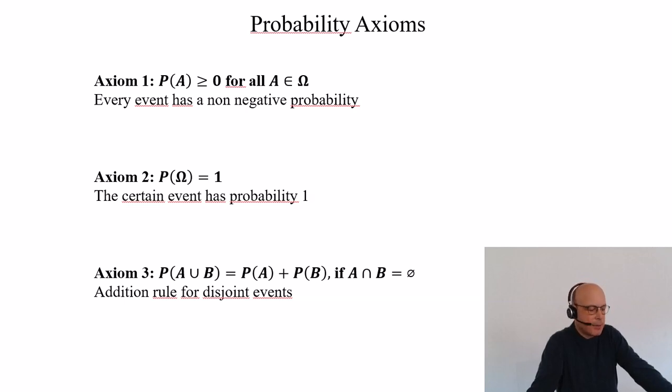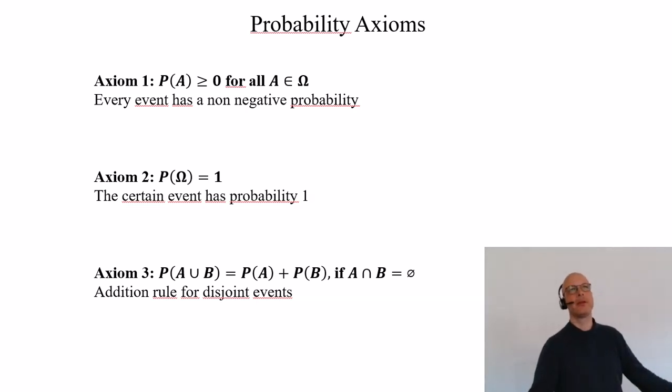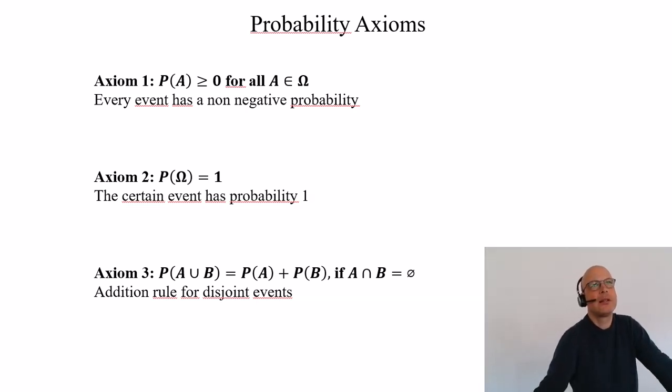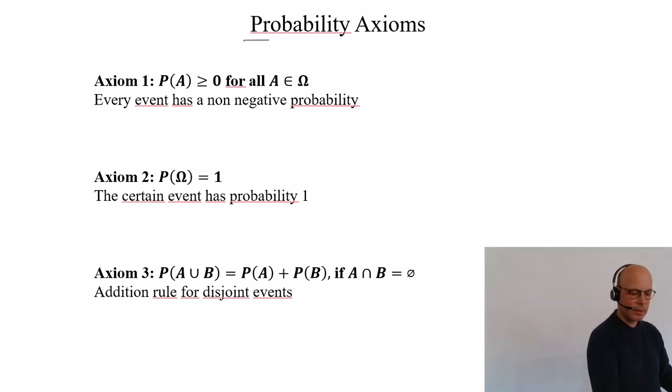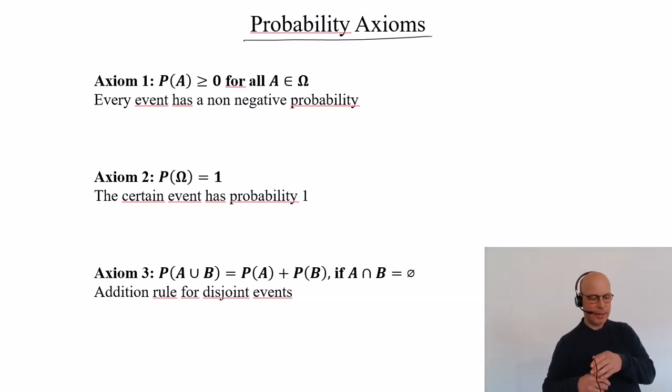His name was Kolmogorov, and he, so to speak, defined as an original concept what statistics is about, and these are nowadays called the so-called probability axioms, and these are related to